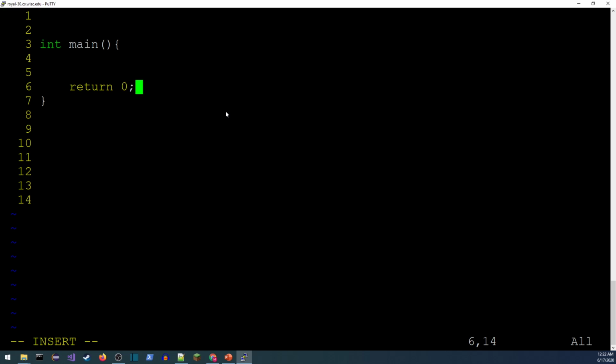So return 0 is the signal that everything is all good, we were successful. It is the not-an-error sort of code. Okay, now for the rest of what we have going on here, I have an integer a, and b, and c. All these lines end in semicolons. And a is equal to 1, b equals 2, and